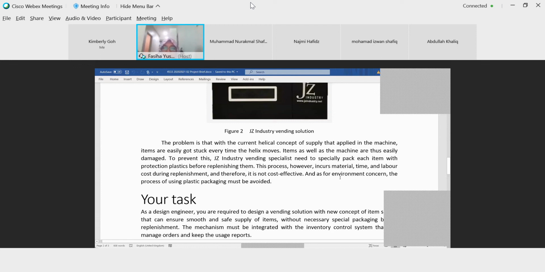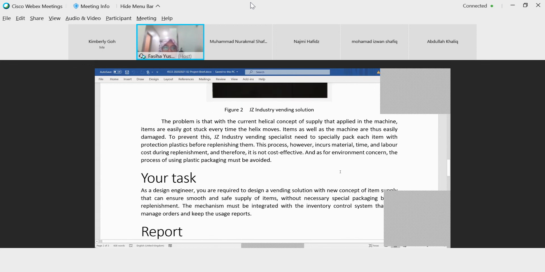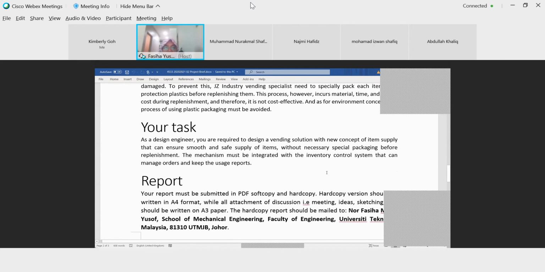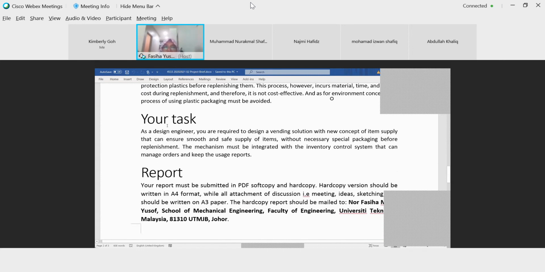It's not environmentally friendly. It's not good for the environment. It will cause more material, time, and labor. So that is the problem given from the company to us. And as a design engineer, you and your team in a group are required to design a branding solution with new concept.